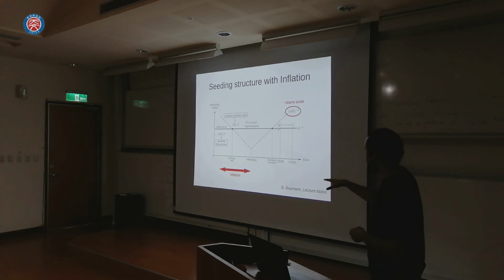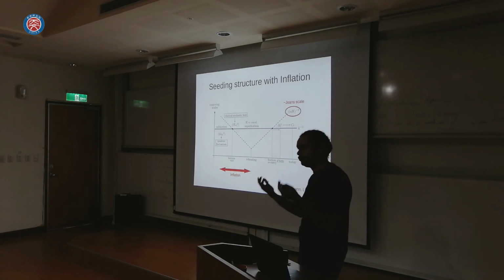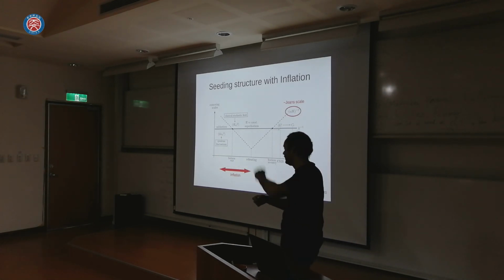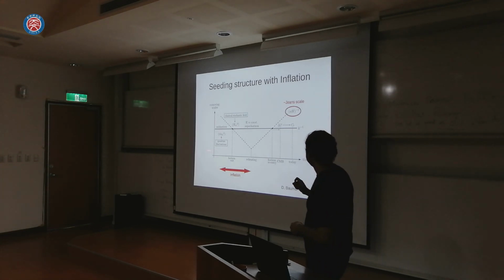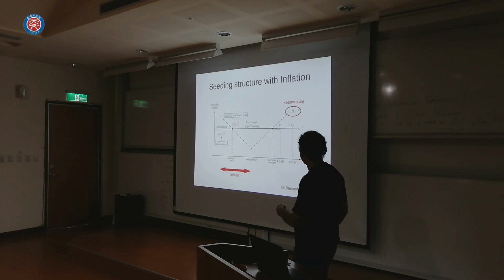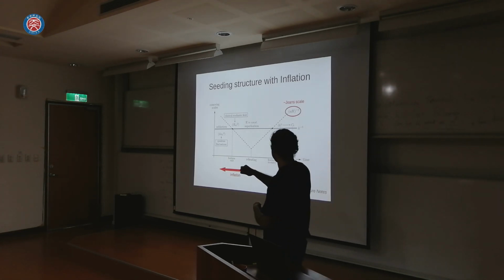Now in the era of inflation, the role is a bit changed. So below the Jeans scale, the fluctuation actually just damps because it is a vacuum fluctuation. So it gets excited and then quickly gets damped. But once it exceeds the Jeans scale, it becomes constant. So what inflation does is create this decreasing part of the Jeans scale, which allows fluctuations to exit the horizon at some point. And once they exit the horizon, their amplitude becomes frozen.